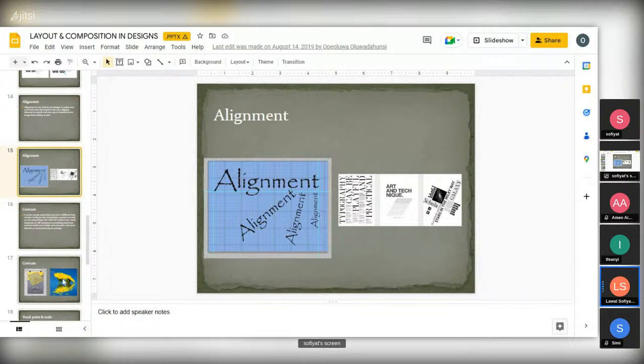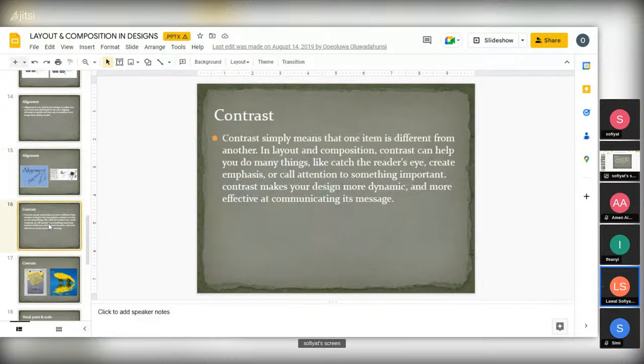And again, that grid, really, because sometimes it will tell you that the margin from this is maybe 0 point something to this one 0 point something. So you need to check all these alignments, the grid especially. So let's move on to contrast. Use your grid very well. It helps.